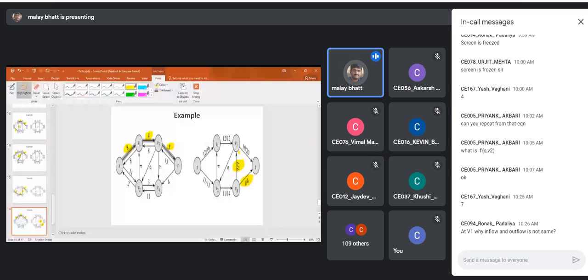Now similarly, if we check S to V1, another possible path, because now you cannot reach T from V4. It is blocked. It is fully utilized. Now if I check the path from S to V1, S to V1 I can reach. From V1 to V2 I cannot reach directly. So I have to go from S to V1, then from V1 to V3. But that path is also fully utilized.